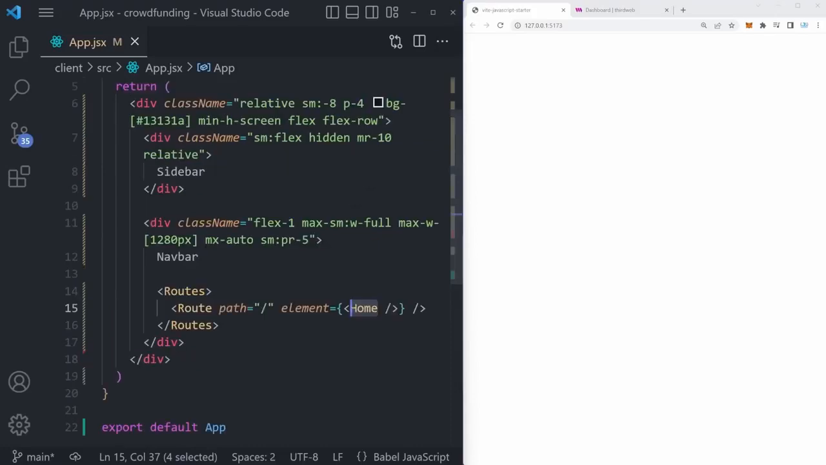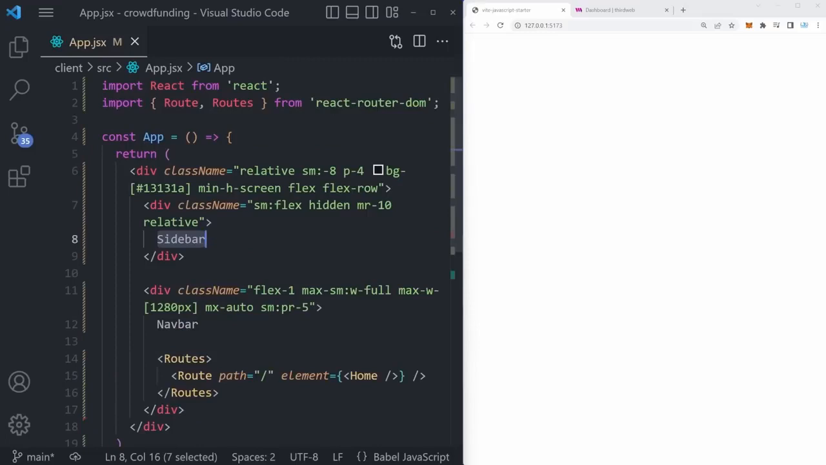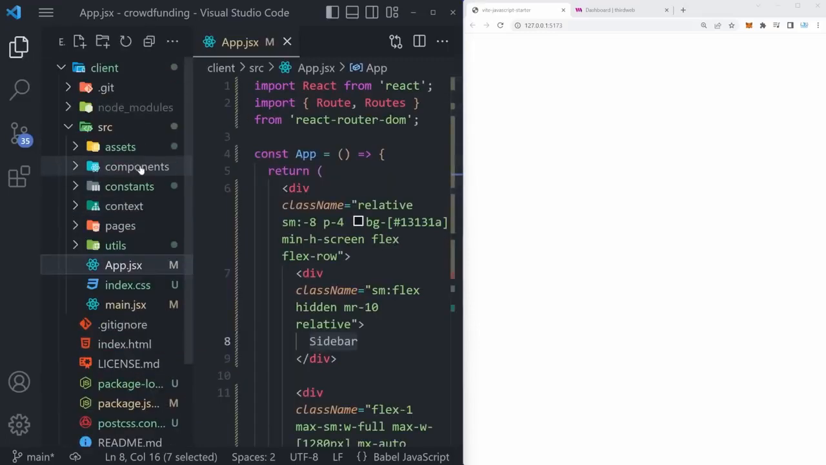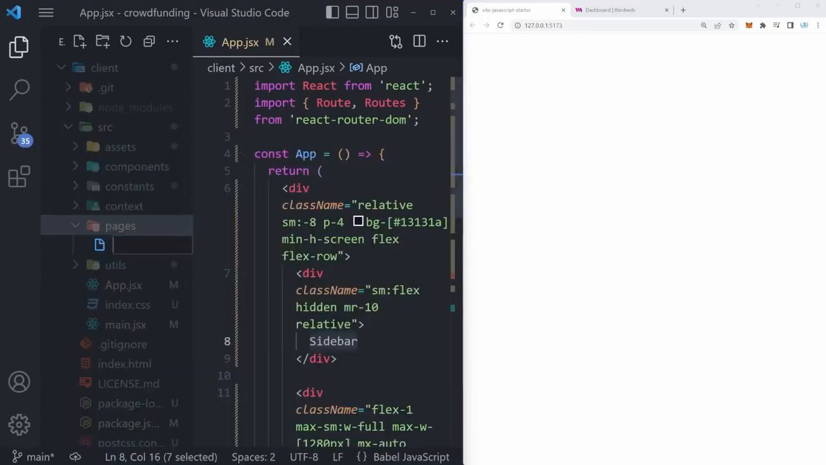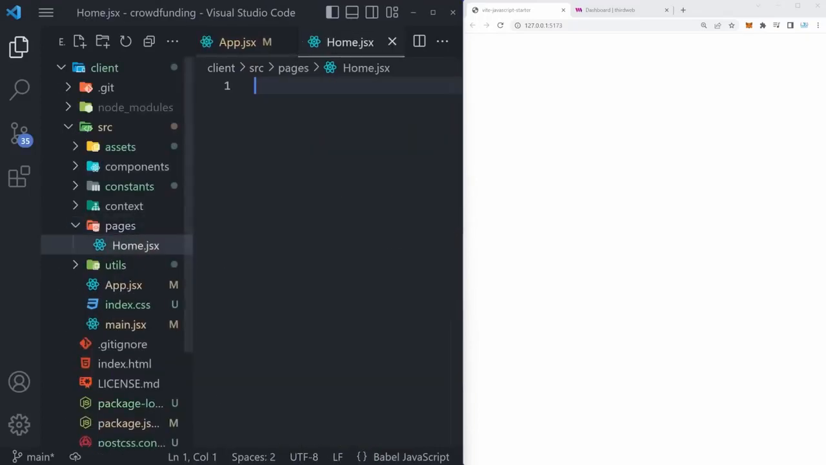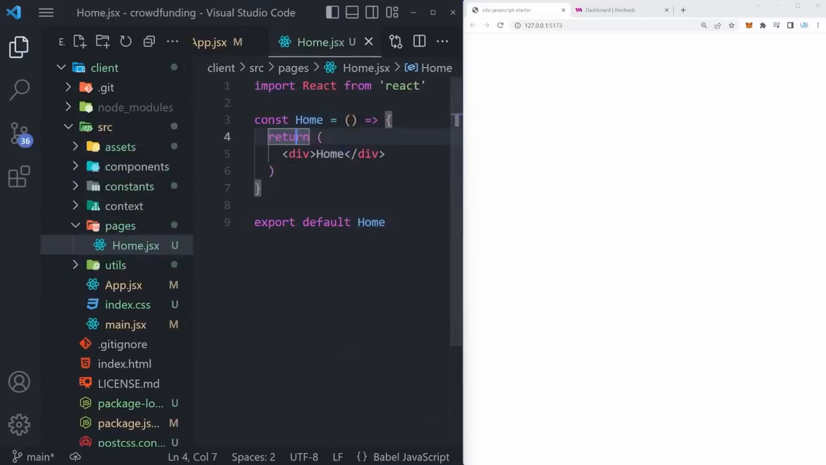We also don't have the navbar or the sidebar pages. So now might be the best time to create all of the files, all of the pages and components so that we can simply import them whenever we need them. Let's start with pages. We can create a new file called home.jsx, and there you can run RAFCE inside of